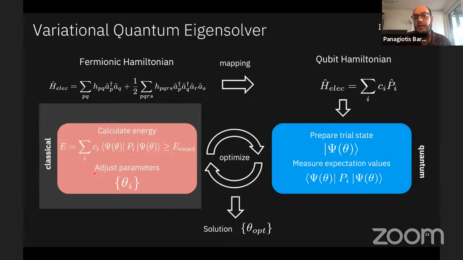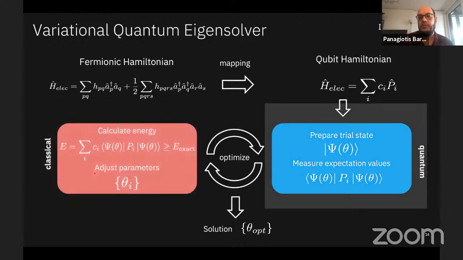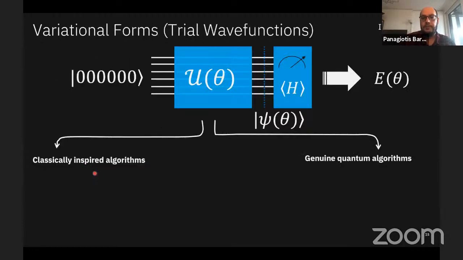So with this said, the last part that we need to discuss and identify is how are we going to parameterize our trial state? What do we need in order to make the trial wave function? And how can we introduce these variational parameters in order for the variational quantum eigensolver to work? I would like to introduce a little bit the variational forms that have been designed within the last years. And then I will try to compare them with state-of-the-art variational forms.